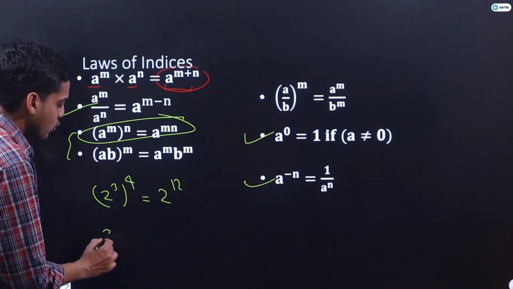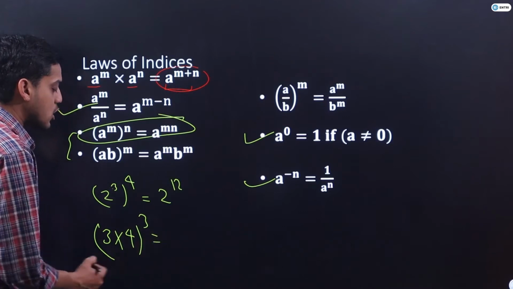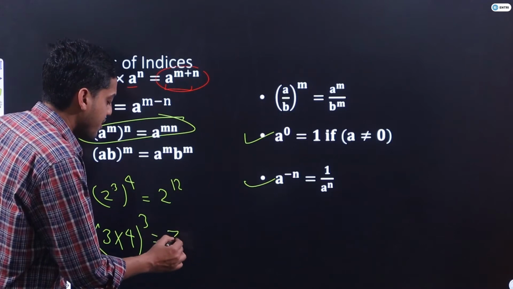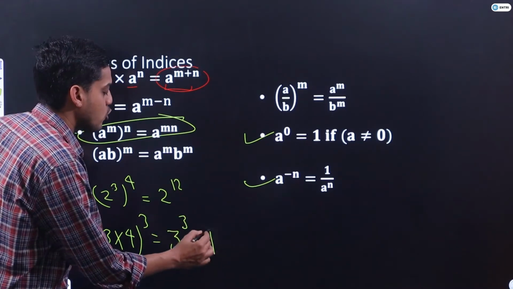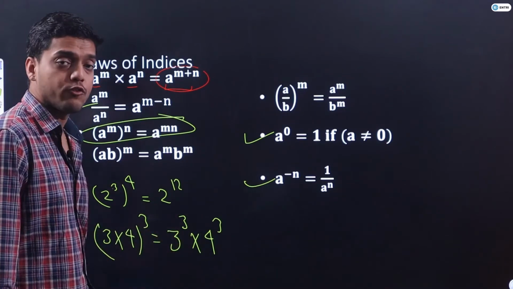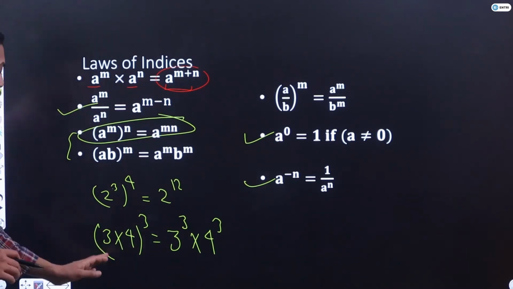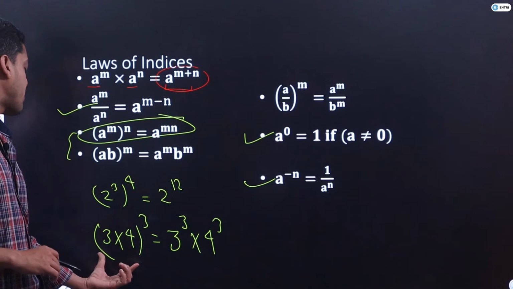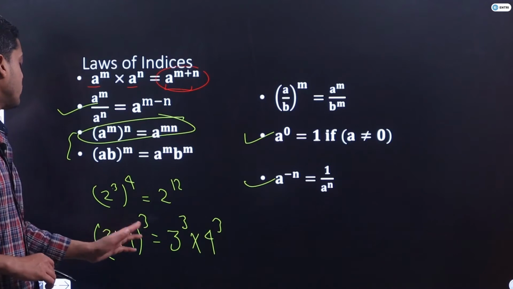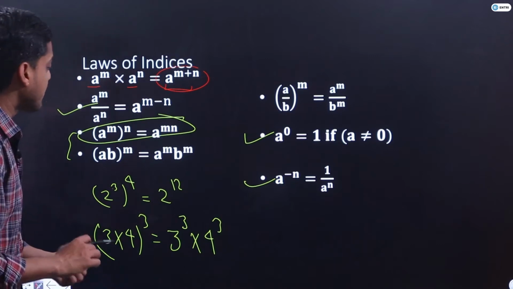Similarly, if there is 2 into 3 into 4 to the power 3, so it is not 12 cube 1728, it is 12 cube, but we can write this as 3 cube into 4 cube as well. So ultimately 3 cube is 27, 4 cube is 64. If you do 64 into 27, definitely you will get 1728. So I hope it is clear to you guys. If you have a bracket over here and a multiply sign between them, then the power will be counted on both the integers present in the bracket only. Now I think it is clear to each and everyone.